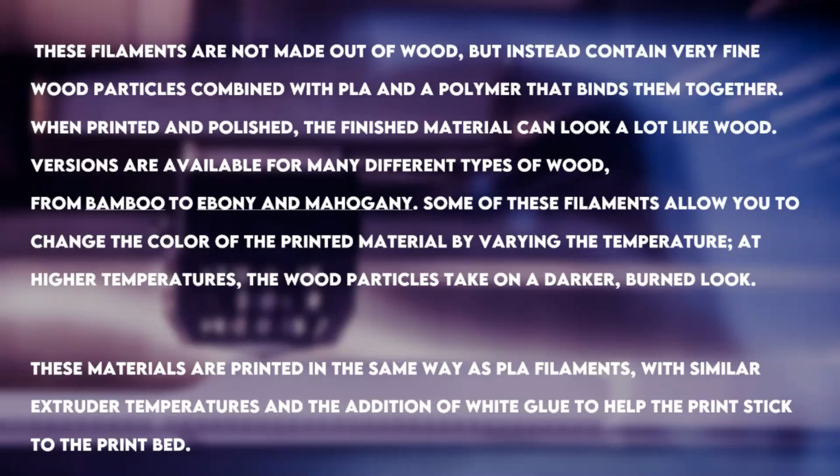Now, in order to color the wood filament, we use different kinds of wood. Okay, so the grains from the wood will determine what color your print will look like. So it varies from bamboo, ebony, mahogany, and some other trees where we collect this sawdust and mix it with the PLA by using some kind of polymer which will bind them together. And well, the temperature will vary, but usually because of the PLA, it won't go above 230 degrees. It will stay in the 220 range itself.